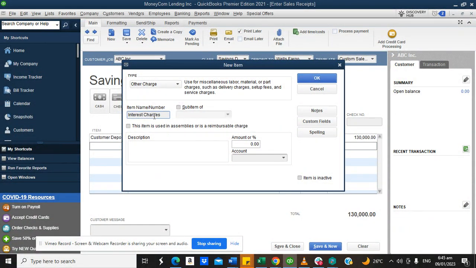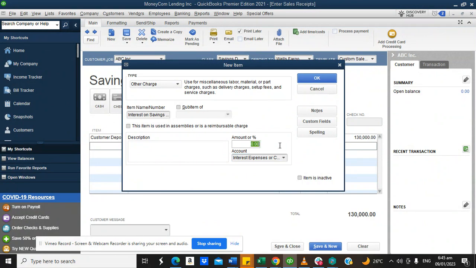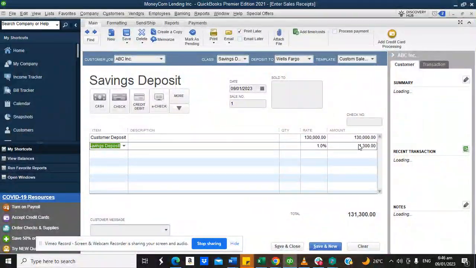You come here and say interest charges, or interest expenses, or interest on savings deposit. This is an expense to you, which is a direct cost. So you can see interest expenses. What's the percentage? 1%. And then you click OK. You can see right here. So it means that anytime we're paying this customer, the total amount we're going to pay this customer is